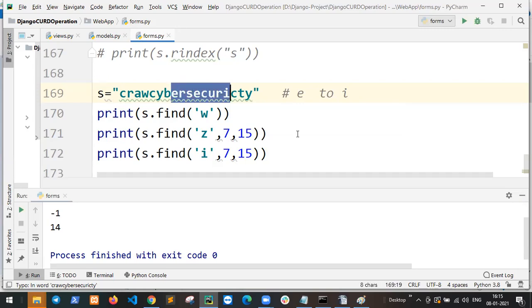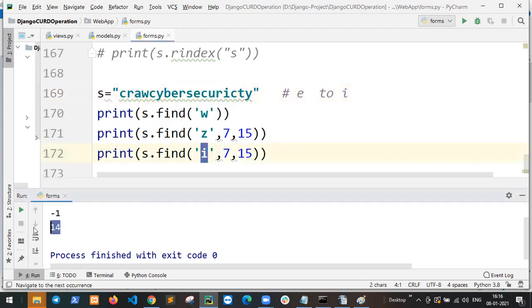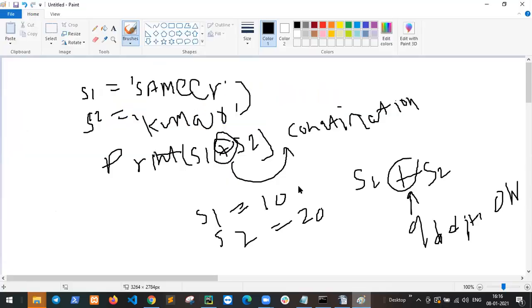Counting 7, 8, 9, 10, 11, 12, 13, 14. 14 is I. So I is 14, the answer. Got it? Yes, sir.